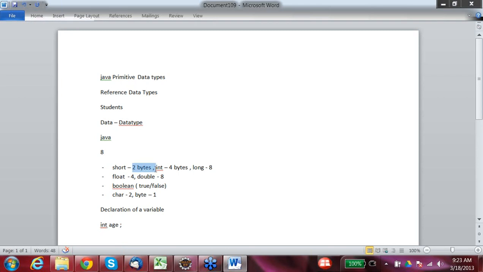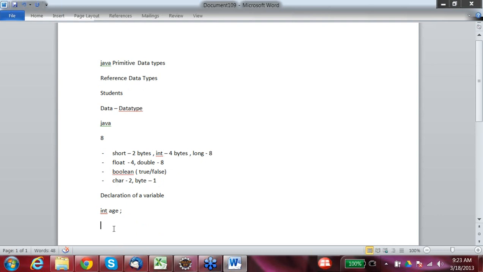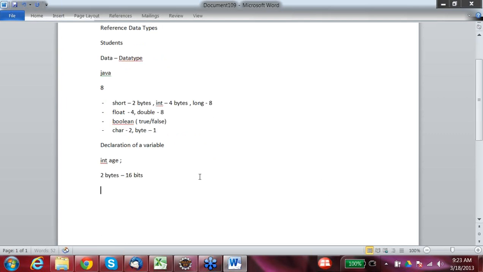Short is basically using 2 bytes, and we have already seen in previous classes what 2 bytes means: 16 bits. Every bit can have two values, either 0 or 1. So in your memory, every short value would be something like this.